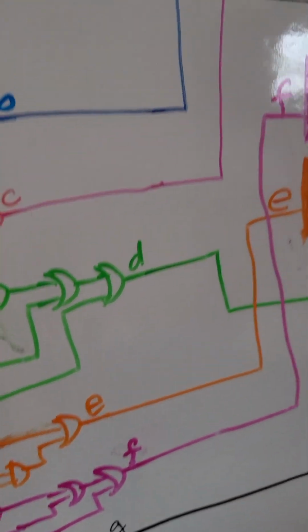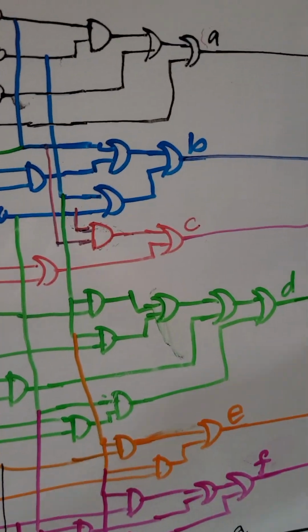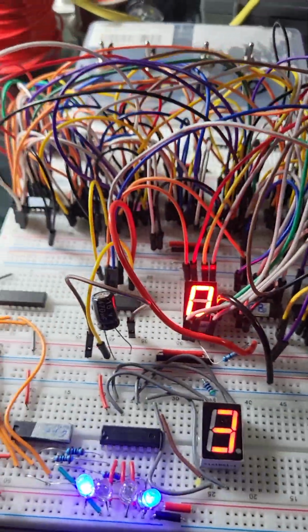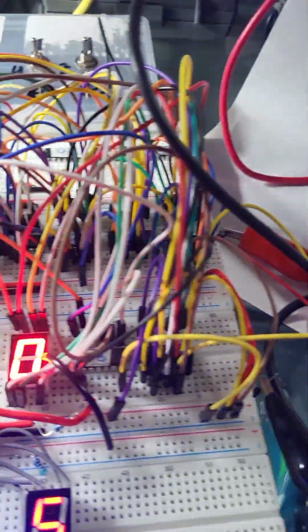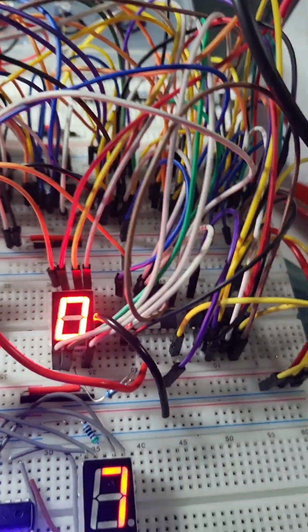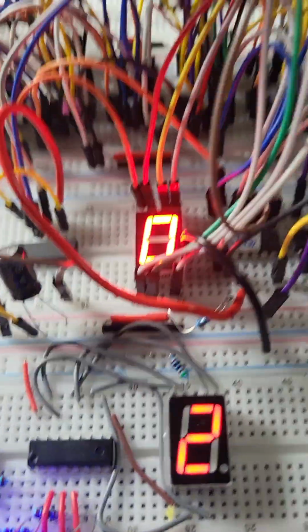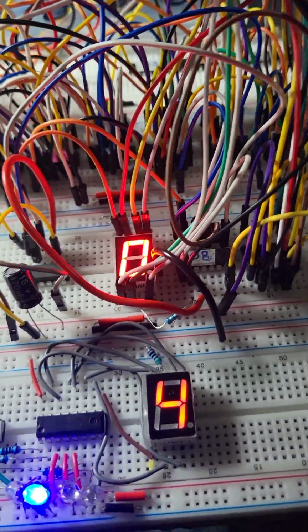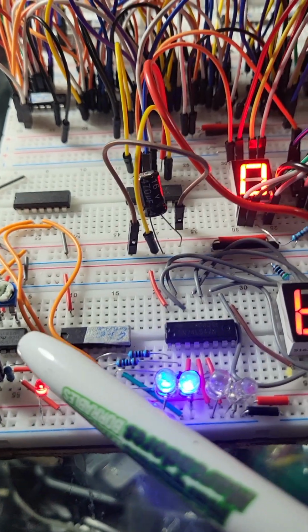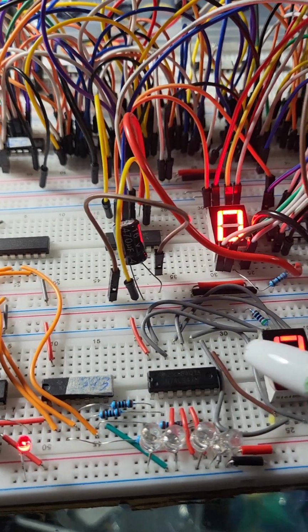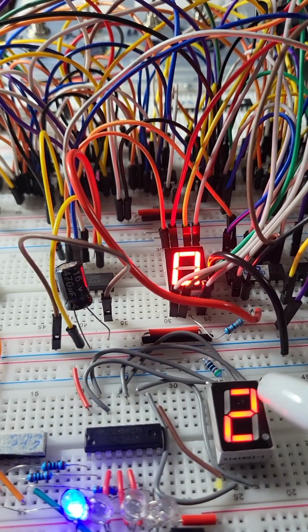Okay, so this is the logic diagram, and this is the display, and this is the actual. Now, I also made another circuit that duplicates this complicated one. So this one uses only 3 ICs, and this is automatic. It counts automatically,